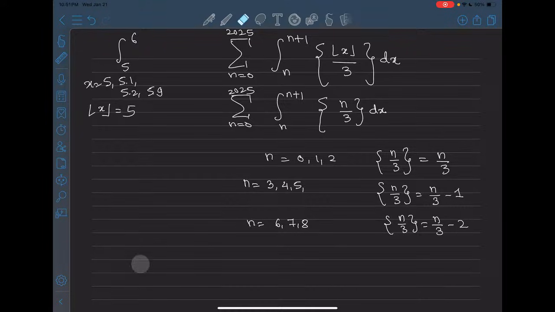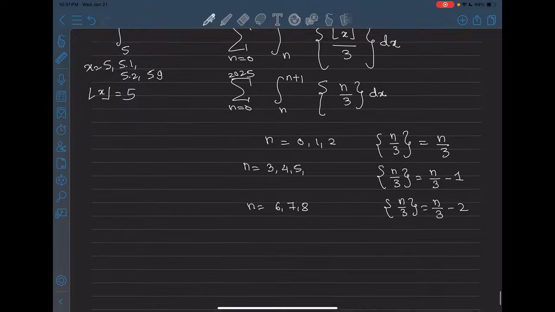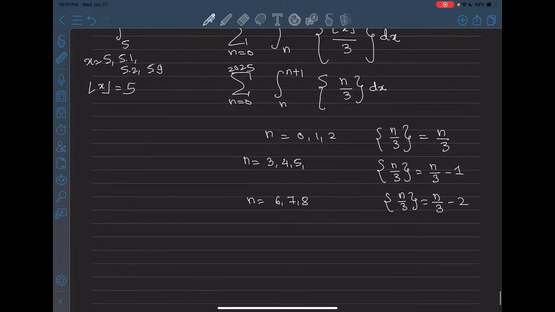So now we have some idea how to proceed ahead, right? So what we are going to do is